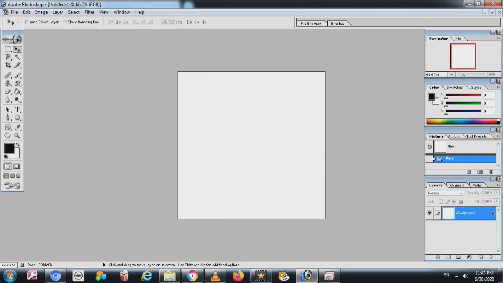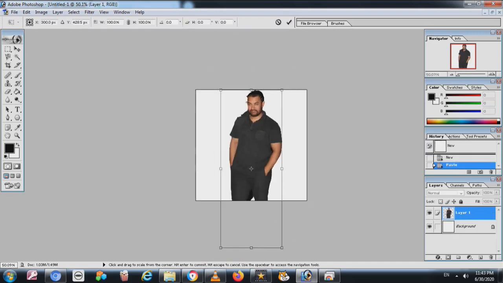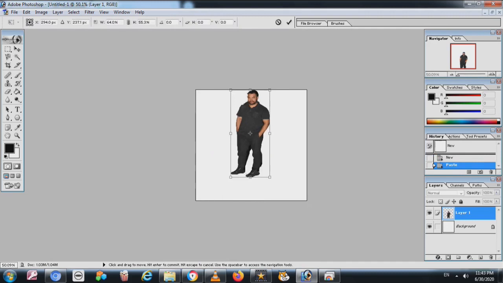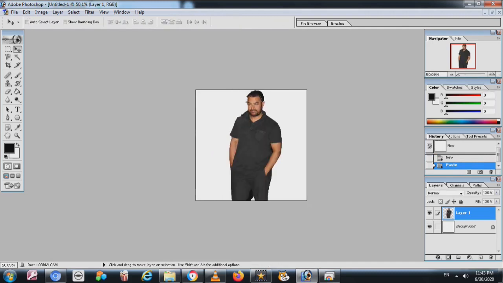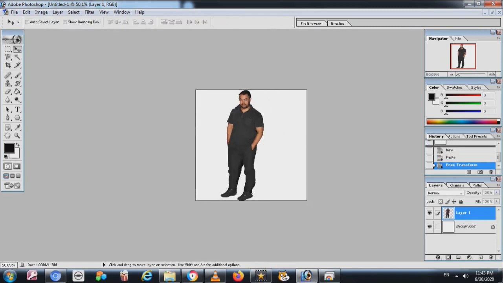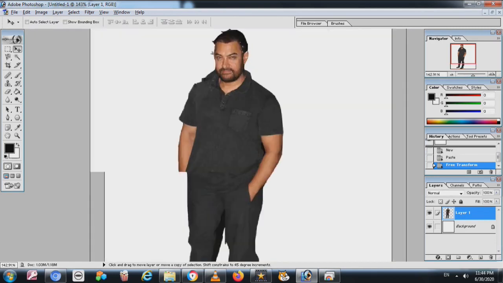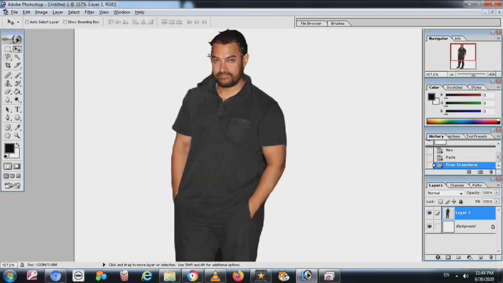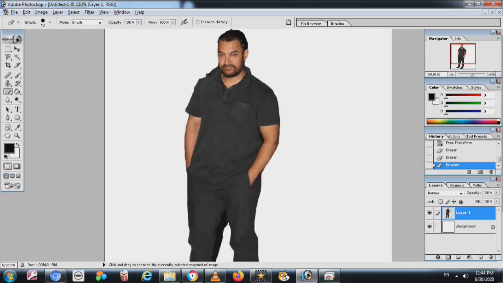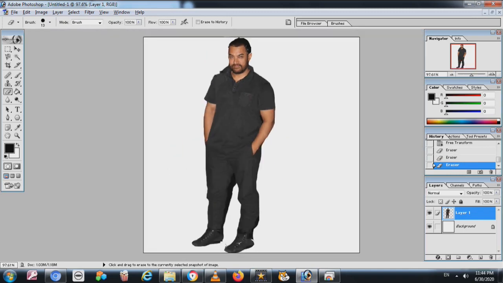Now again I open the new one and you can see now almost the whole picture is there. We will use the eraser tool from the toolbox, so we will erase this. Control T you will press, so you can transform your image, means like I did it, make it big or small or whatever. Control T. Okay, now I am taking eraser tool and I am removing that areas what I don't want.